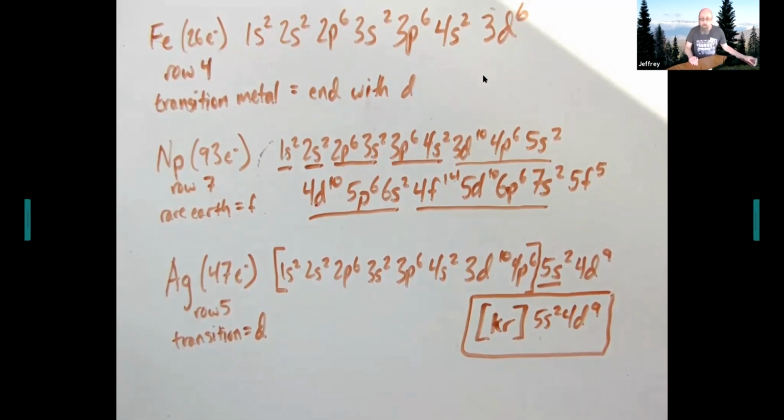Now, having said that, only in worksheets, and I think one question on the quiz, does it specifically ask for the shortcut electron configuration, which means that for the most part, you don't have to use it. I'd like you to try to use it just so that you can recognize it if you see it, even if you choose not